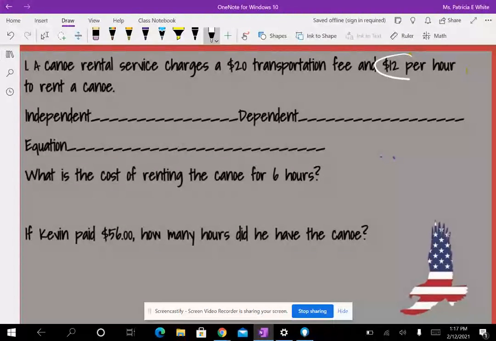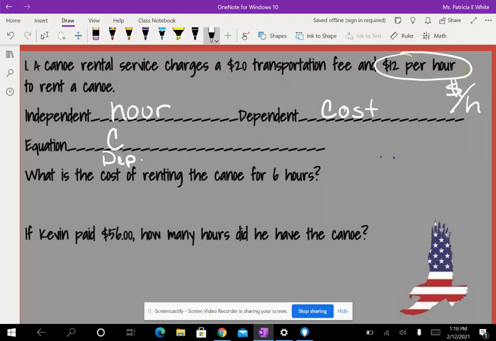So the first thing I'm going to look at is this $12 per hour, dollars per hour. Remember, we said time will always be independent, so I'm going to put that hour over here, and dependent is going to be my dollars. So we're going to call that cost. Okay? All right, so my cost,